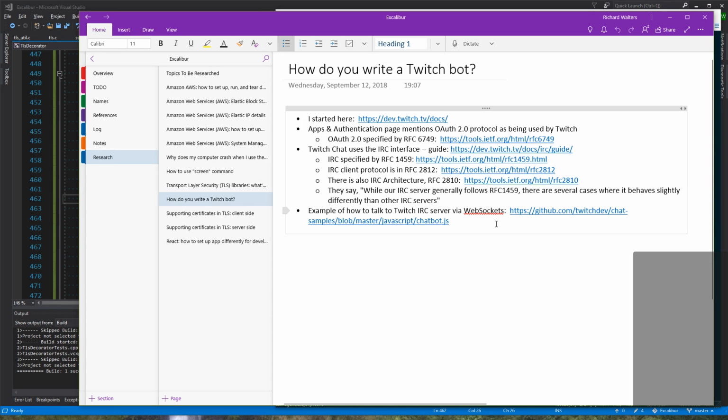we wrote way back in stream 20 or so. So one route we can take is simply make a bot that uses WebSockets. And then we don't have to actually implement the real IRC. Although it might be fun to implement IRC itself, because then we could talk not just to Twitch, but any kind of IRC server. So I've got to decide whether I want to go the IRC old school route or just talk to Twitch with a WebSocket. But either way,